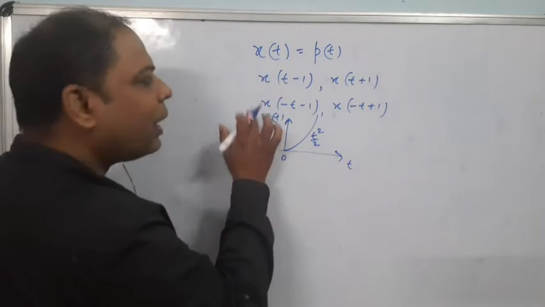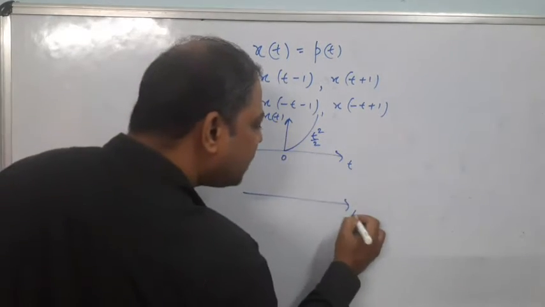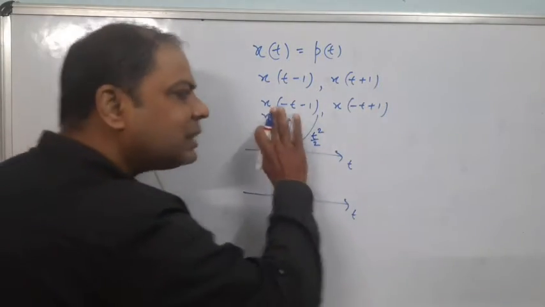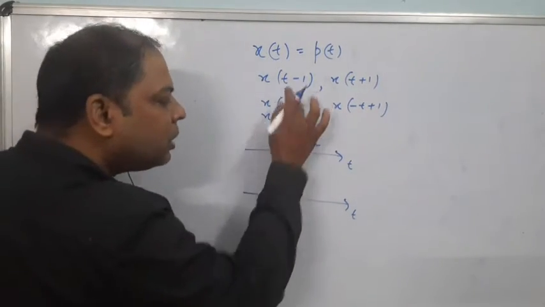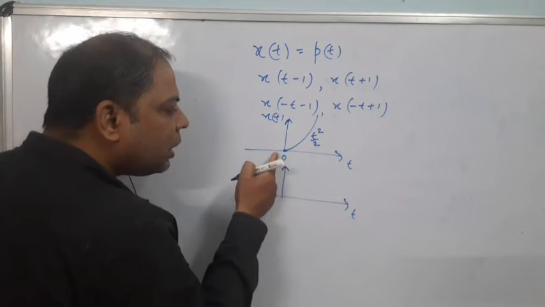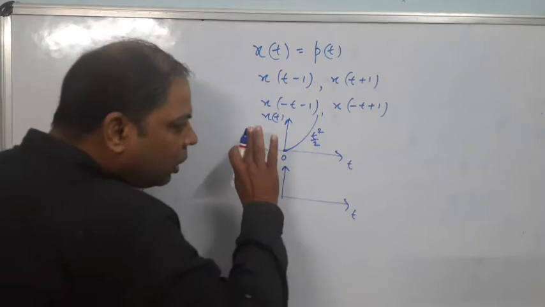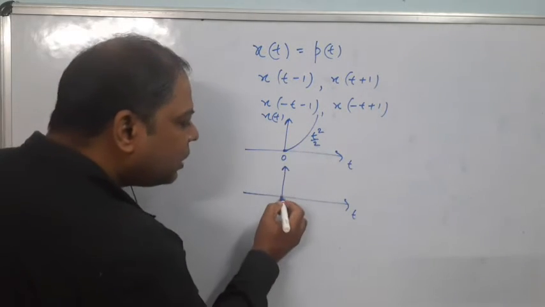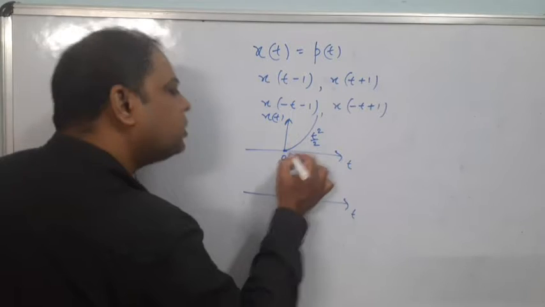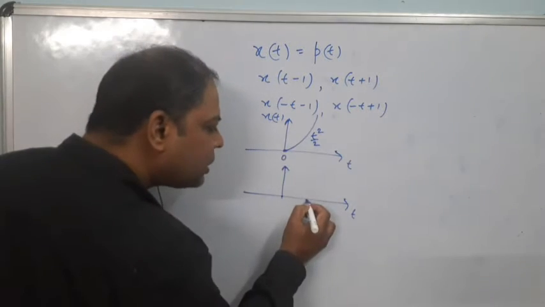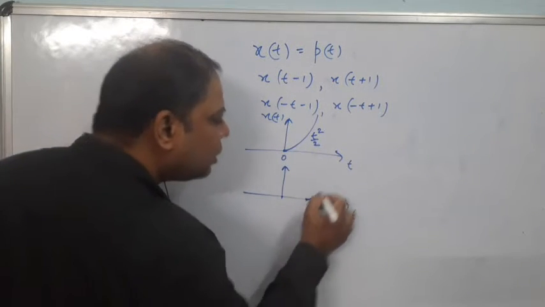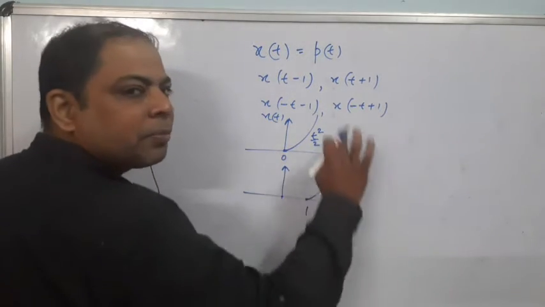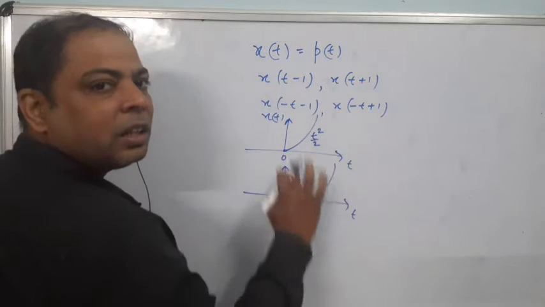x(t) is this. Okay. Now, x of t minus 1, try to understand. I have told minus sign means right shifting. This entire signal is shifted towards right by an amount of 1 unit. Here it was at 0. Now it will shift towards right by an amount of 1. That means where it started from 0, now it will start from this point 1. So now this is basically the curve.